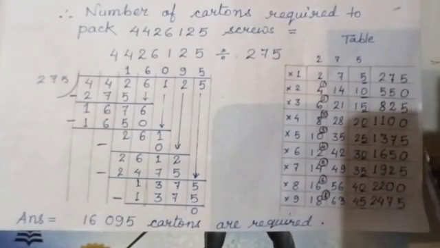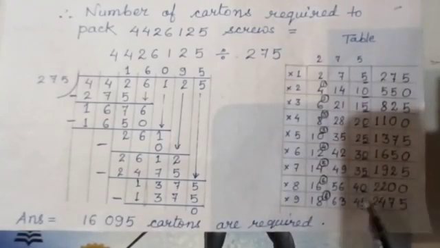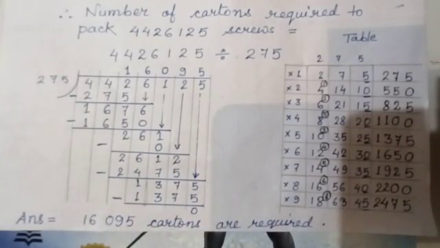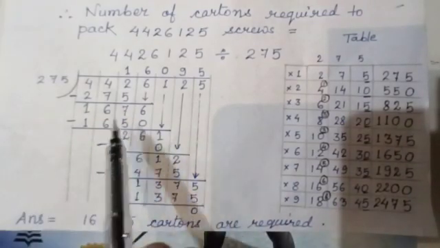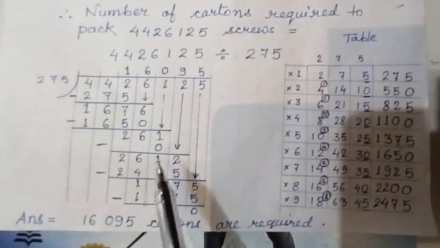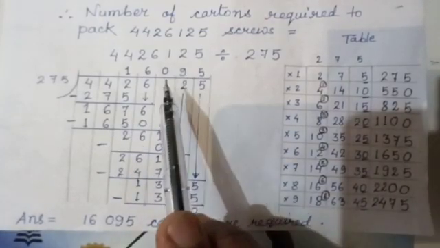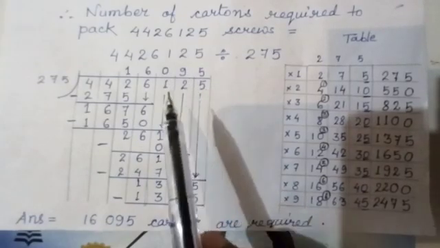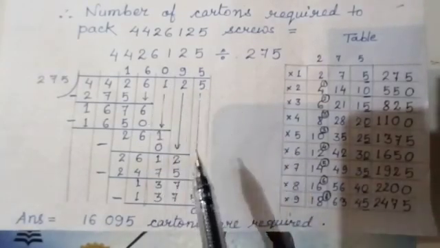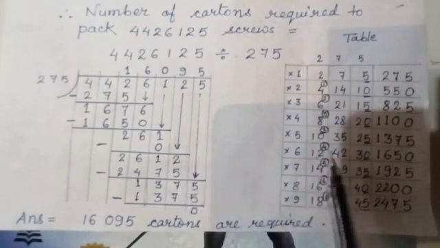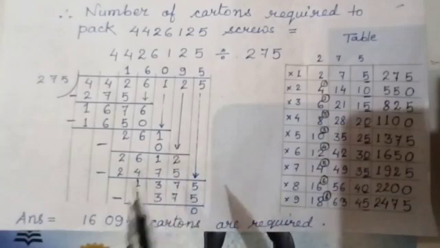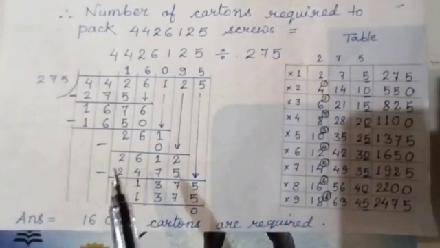So children, if the tables are written, then very easily you can solve the division. Otherwise, when we have to search for the nearest number to the target, you may get puzzled. Is it 9 or is it 8? Is it 5 or is it 6 or is it 4? So these kinds of confusion you may get. So better you write down the tables on the right side, then the division will be correct and it will be easier.